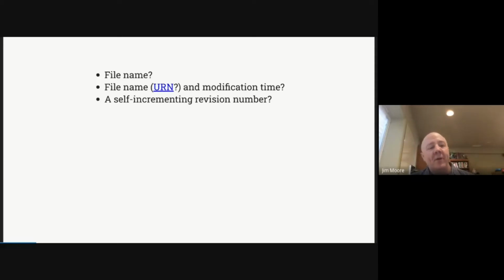If you're familiar with classic version control systems before Git, like Subversion or CVS or RCS or VSS or Perforce, pretty much everything other than Git or Mercurial, those all use revision numbers. It's typically a monotonically increasing version number.